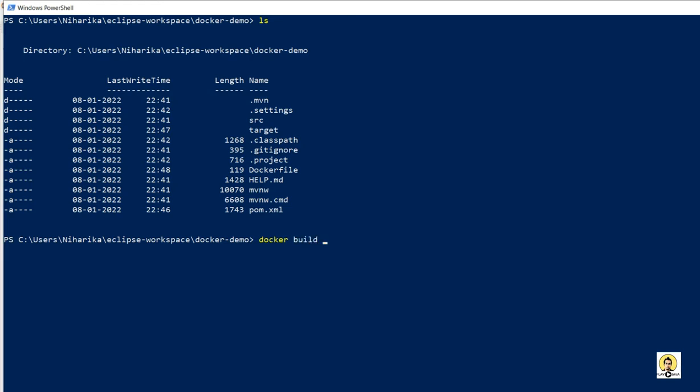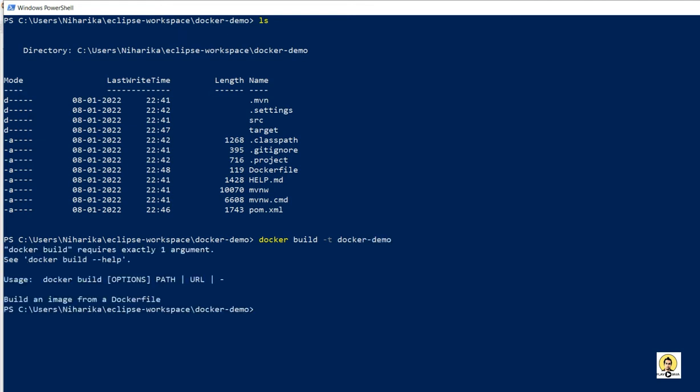So I am doing docker build, and it will automatically find this Dockerfile in this directory. So -t is the tag, and docker-demo is the tag which I am going to use in Docker.